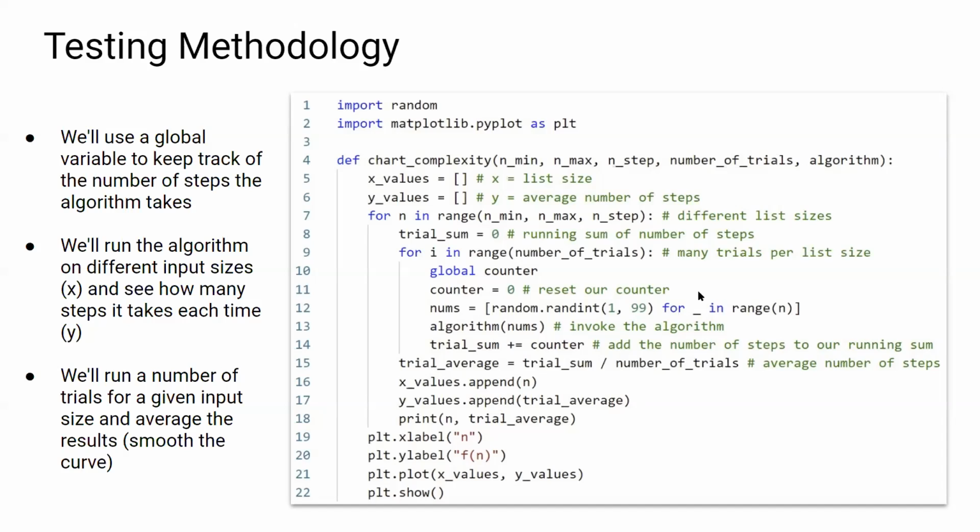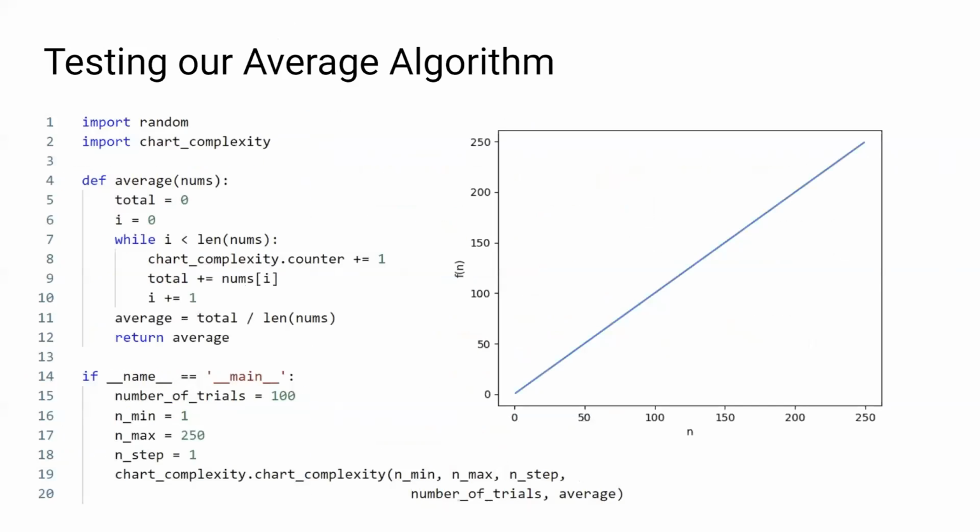So I hope that makes sense. Basically, we're iterating over a range of different list sizes, and we want to know for a given n how many steps it's going to take on average. So we try it a whole bunch of times and then average out the results. So here, going back to our average algorithm,